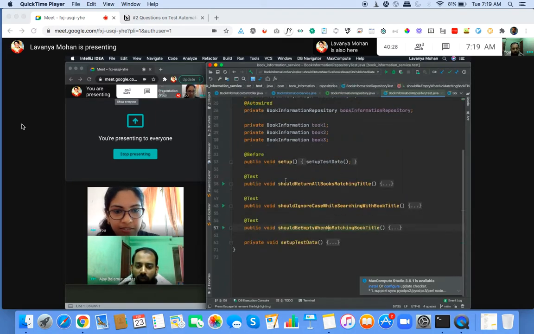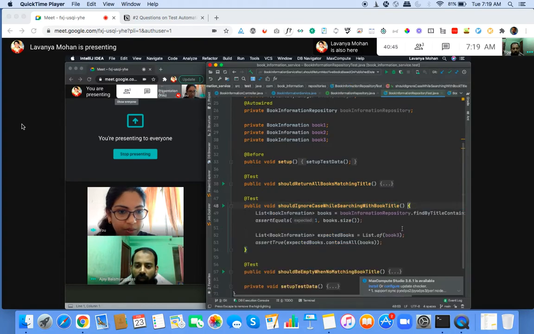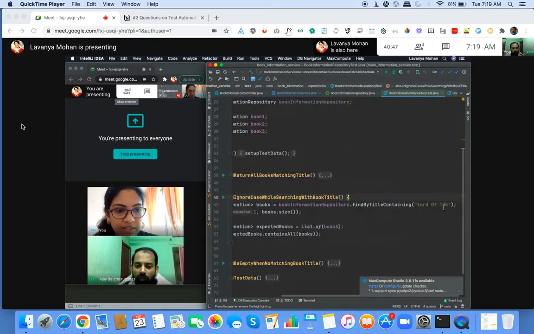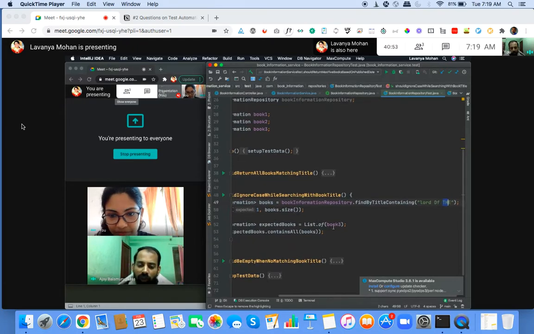And if we actually look at the test, then it checks a couple of things. It says, return all the books that match the title. So this one does not return only 5, right? It's just giving all the books back. So that kind of check. It ignores the case of the title. So for example, if I had something in lowercase, uppercase, something like that, then it should still return the book. So this again you have mocked.